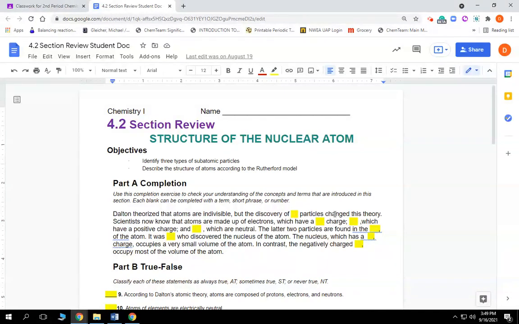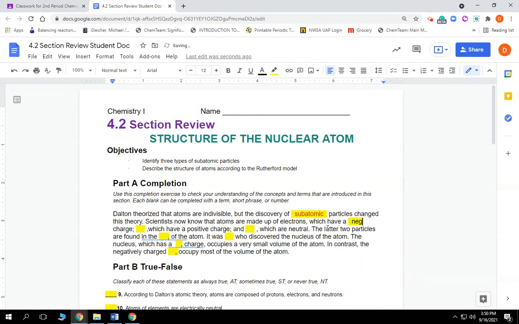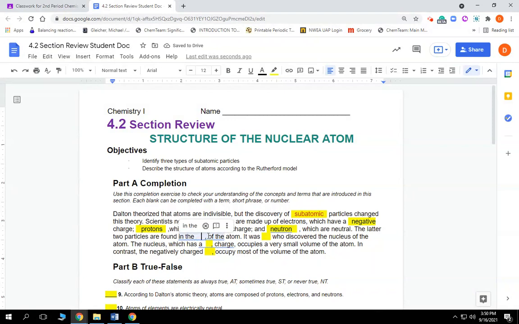So Dalton theorized that atoms are indivisible, but the discovery of subatomic particles changed his theory. Scientists now know that atoms are made up of electrons, which have a negative charge, protons, which are positive charge, and neutrons, which are neutral. The latter two particles are found in the nucleus